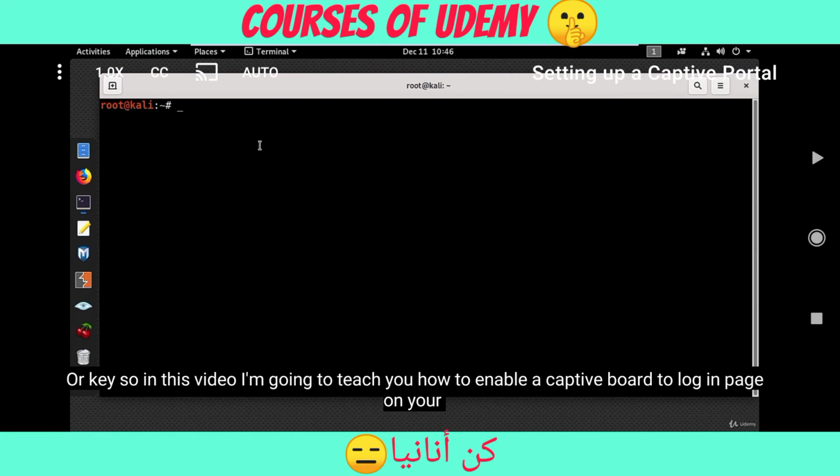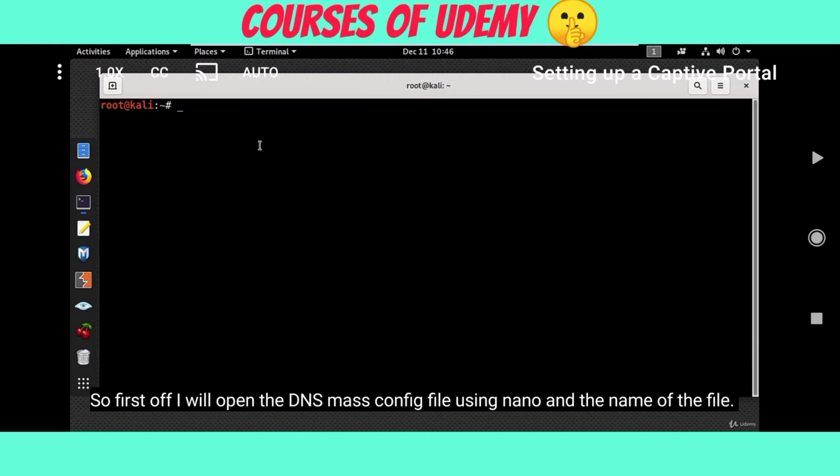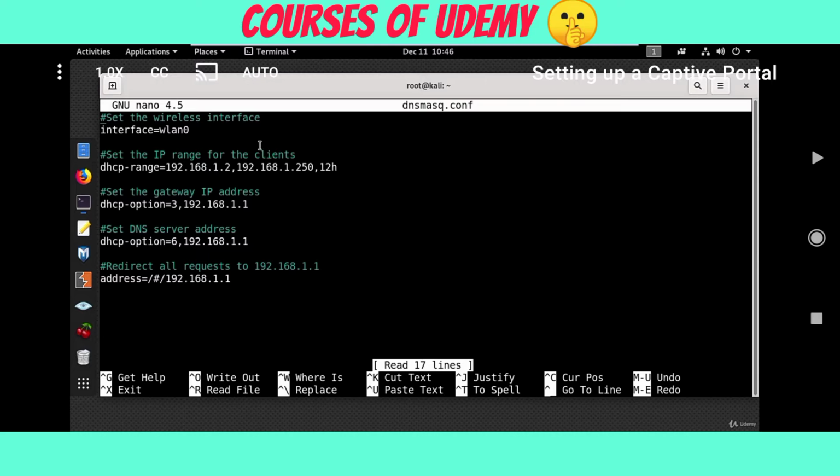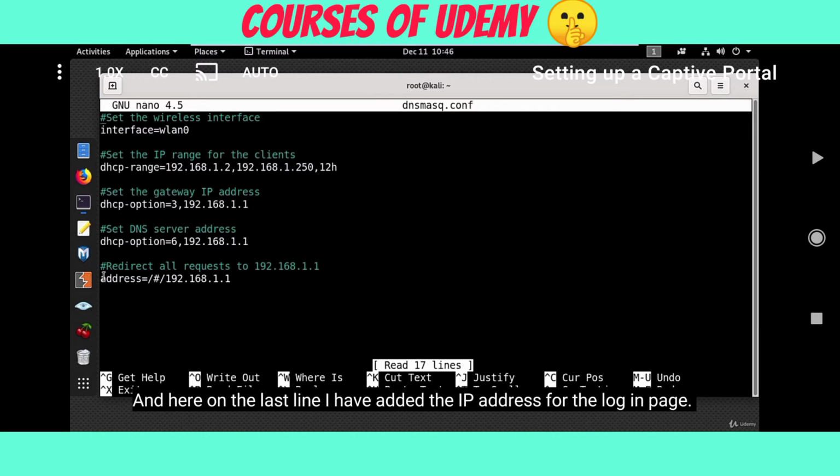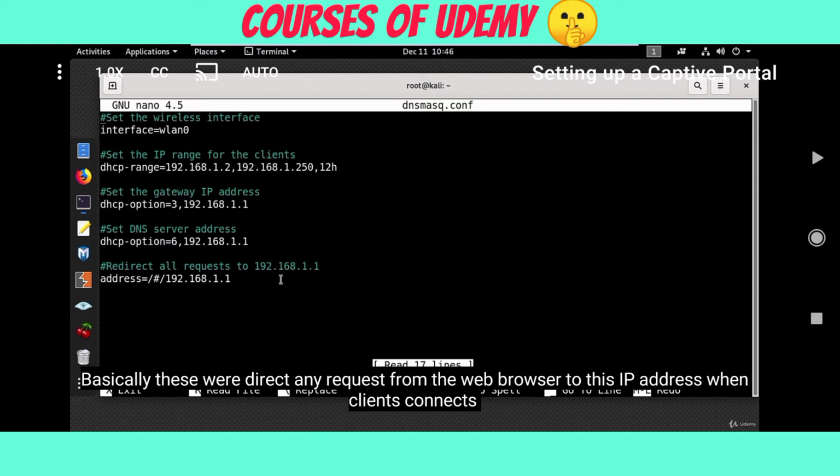So in this video I'm going to teach you how to enable a captive portal login page on your access point. First off, I will open the dnsmasq config file using nano and the name of the file. And here on the last line I have added the IP address for the login page. Basically this will redirect any request from the web browser to this IP address when clients connect to the access